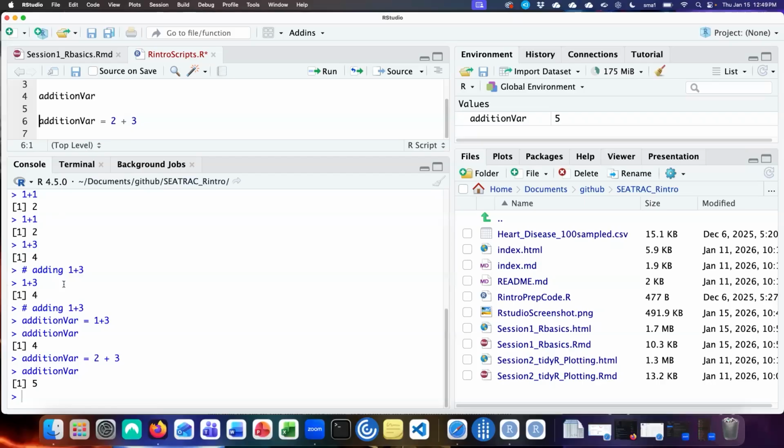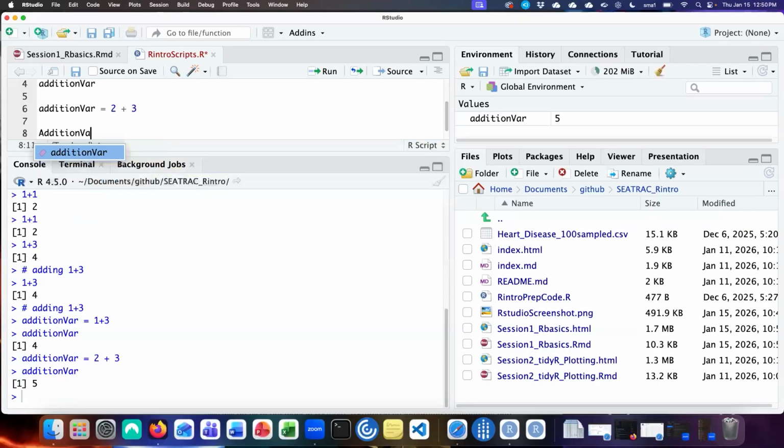A few other notes. The way that you want to pick the names of variables, it needs to start with a letter, either capital or lowercase, and it can also contain numbers in the name. It just can't be the first letter. You can also have underscores if you wanted to. So for example,